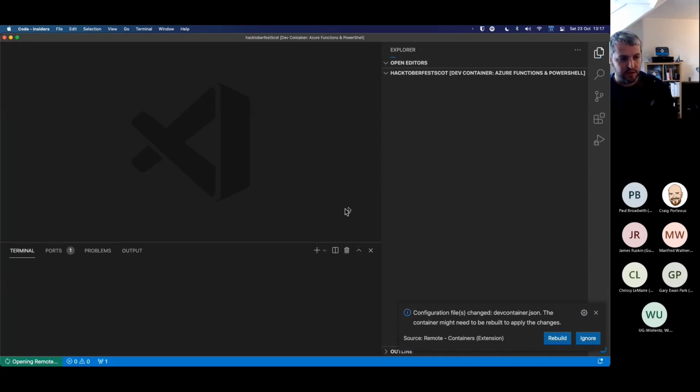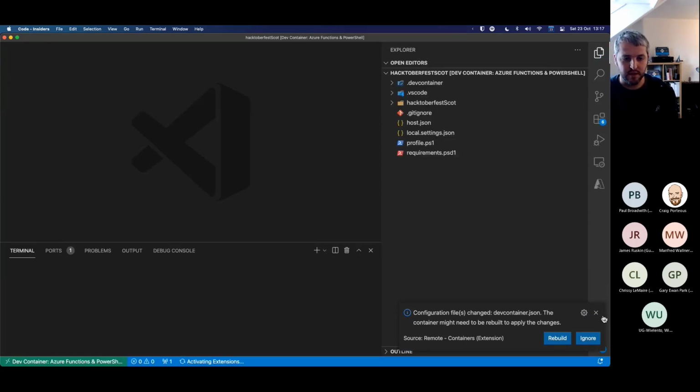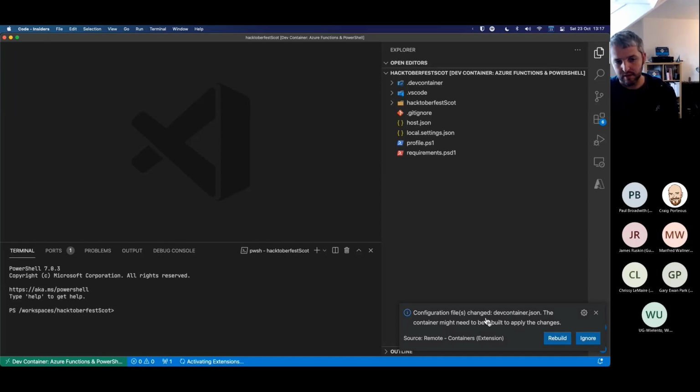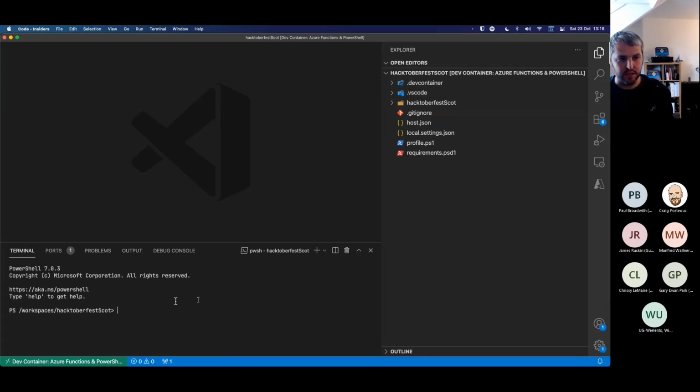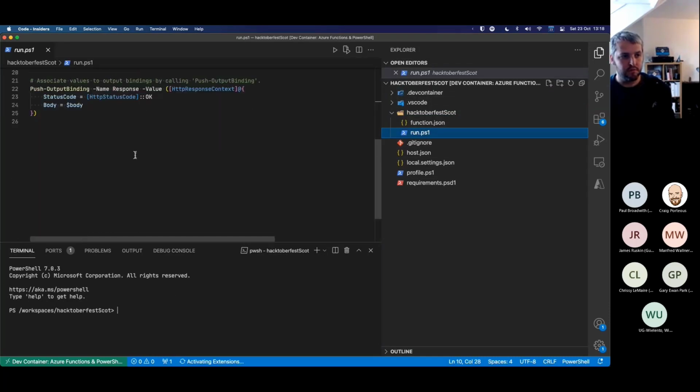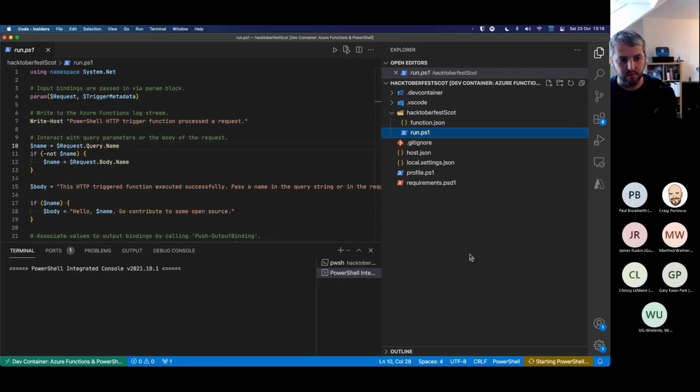And then it goes, okay, there you go. That's inside a container now. It tells you that there's been some changes, so you could rebuild that, or you could just ignore the message for the time being. And then within there, you've got your function, and then you should just be able to,